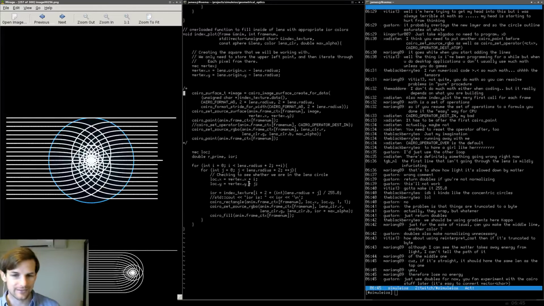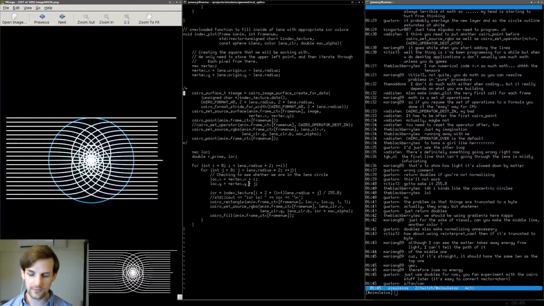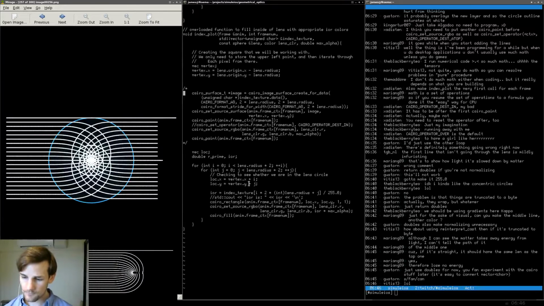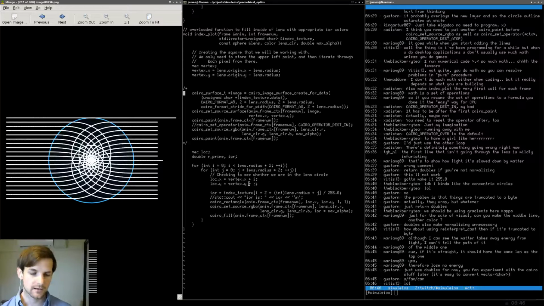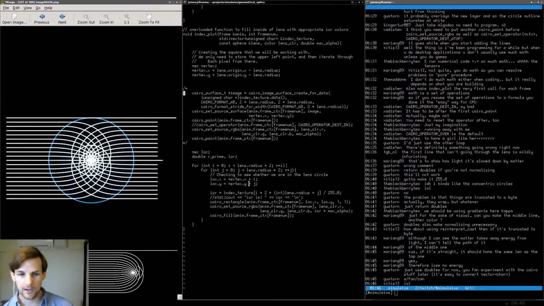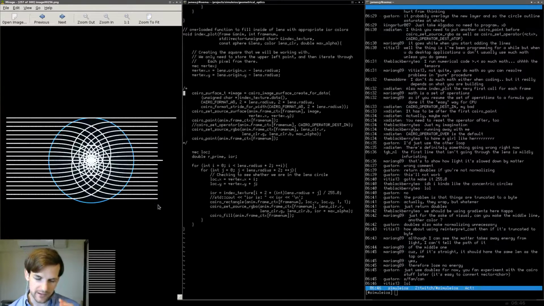Yeah, you're right. It's not so bad. So I'm going to change all the unsigned characters back into doubles. I'm not going to worry about it right now. But Marion, the issue here is that the light is being slowed down by the lens itself, and it should be the same length as all of these guys, but it's not, because we kind of arbitrarily truncated it at the center,